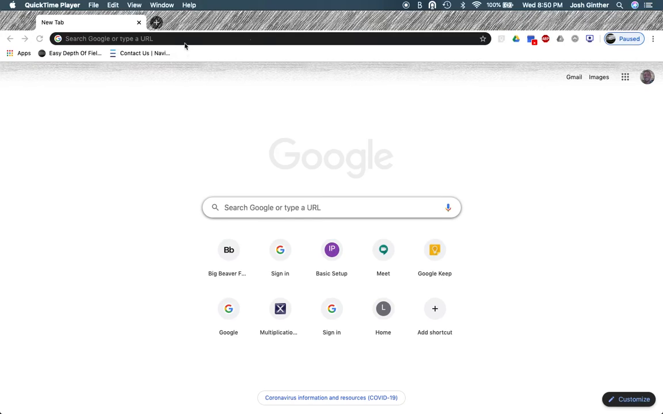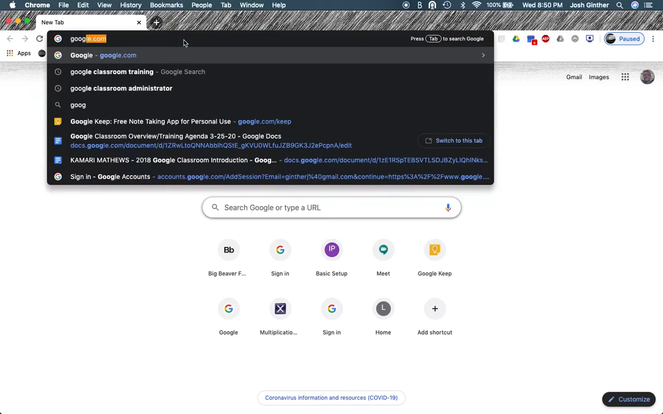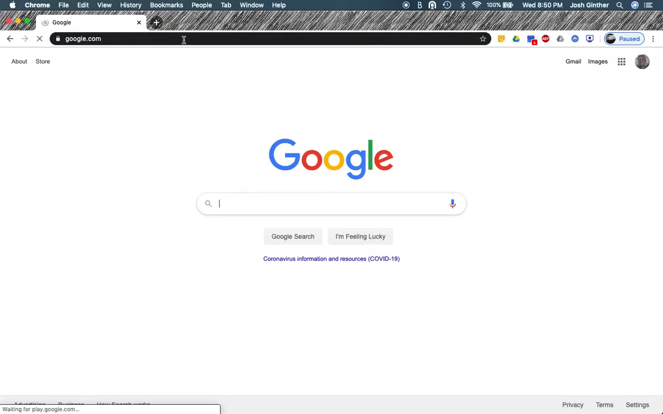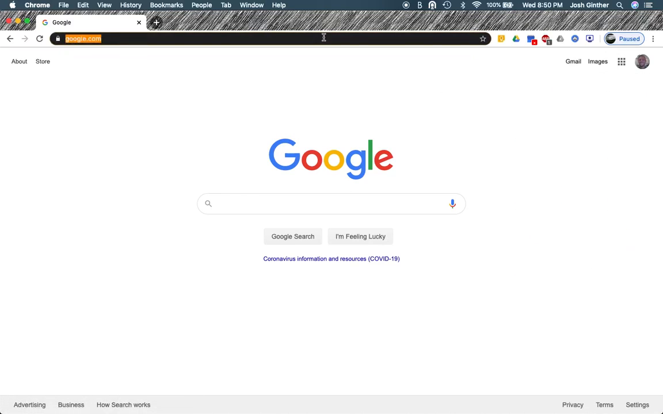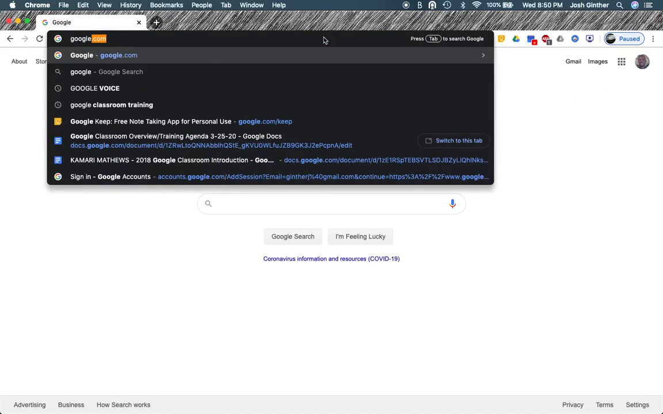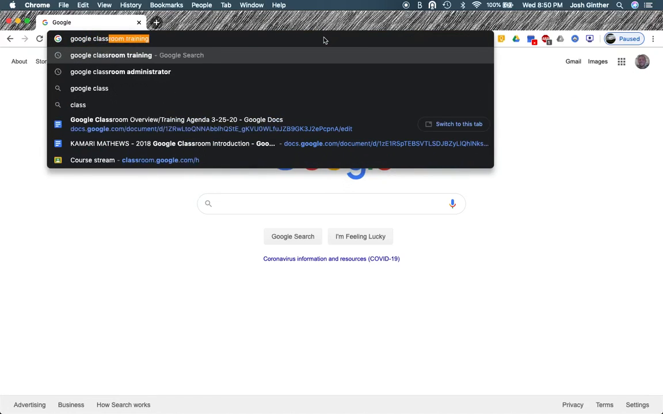So you get into your web browser, and you make sure to go to google.com. At that point on this right-hand side, it might say sign in. Please sign in with your teacher account. Mine is gintherj@tigerweb.org and my password. When you get to this point, you hit the Google Dot menu and Google Classroom should show up right here. If it does not, you can literally just Google Google Classroom